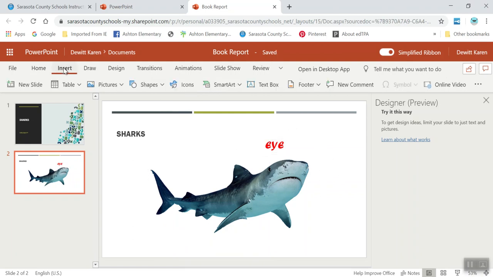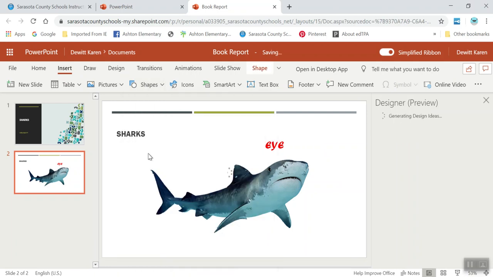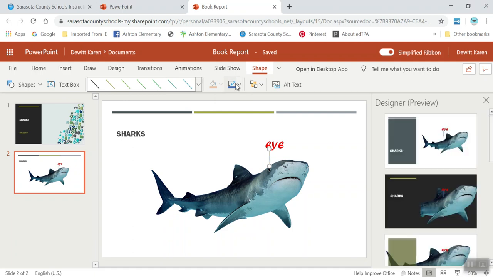All right, now I need an arrow. So you're going to go to Insert. I'm going to go to Shapes, and I'm going to pick an arrow. That's going to be kind of tiny. So I want to make it a little bit bigger. That's his eye, so I have to tilt it a little bit. Bring it up. I want to make it a little bit bigger. So whatever the dots are on is what we will be able to change. So let's see how if we go here, that's our text, that's our shape, that's a color. If we want to make it a different color, we double click it,